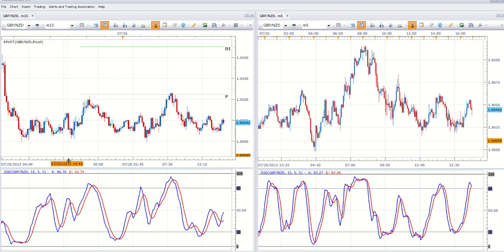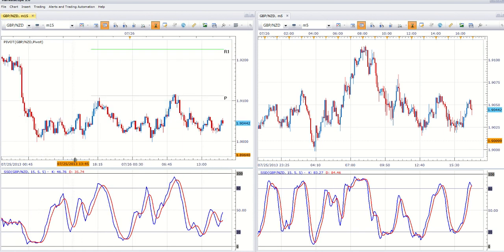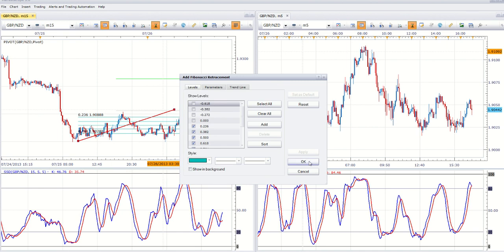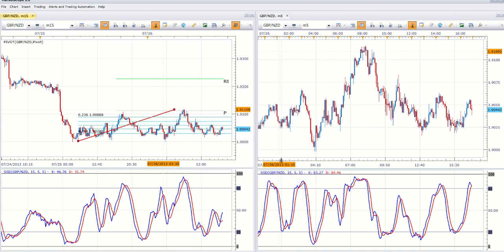I want to be in for minutes or hours. And certainly on a Friday, I don't want to be holding into the weekend. So what I would be doing at this point is I'd just go to my Fibonacci, and I'd just take this low to this high